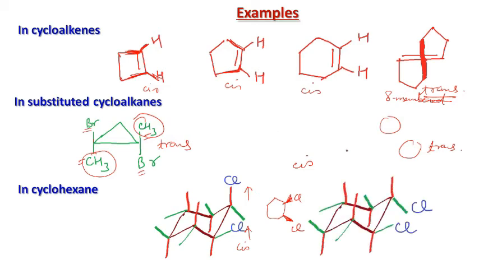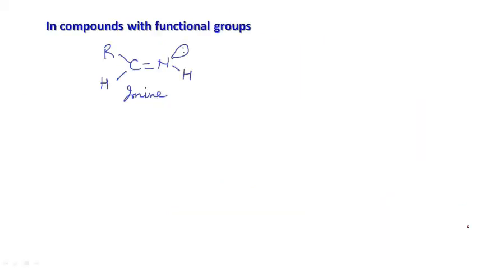If both the chlorine atoms are attached to the equatorial bonds, so this bond is directed upwards and this bond is directed downward, so both are on opposite sides, therefore this is designated as trans. And if we draw the structure like this, then it will be like this. And we will discuss cyclohexanes in more detail, both chair conformations.